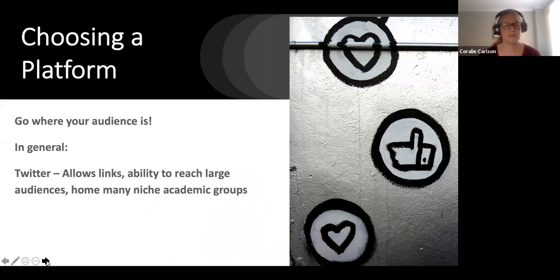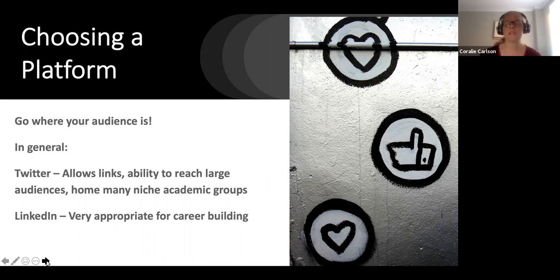Another very appropriate platform is LinkedIn. Keep in mind that when people are using LinkedIn, it's often because they're looking for another job, but it's really an appropriate platform to share career-based information and to really tout yourself, any promotions or things that you might be working on. Whereas on some other platforms that might seem like bragging, that's not so on LinkedIn. That's very appropriate and what the platform is really intended for.